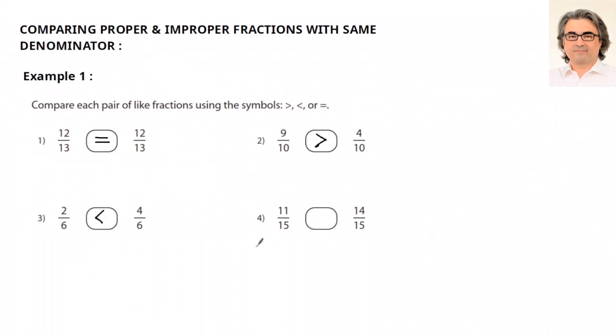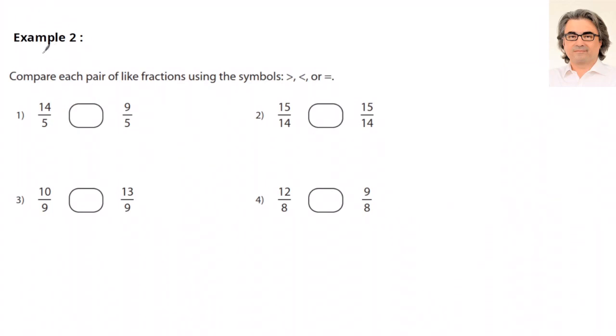What about the last one? Denominators are equal to each other again. And let's compare the numerators. Because 11 is less than 14, then 11 over 15 should be less than 14 over 15. So I should write here less than. Now let's continue with the next page